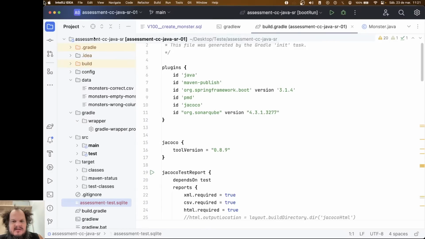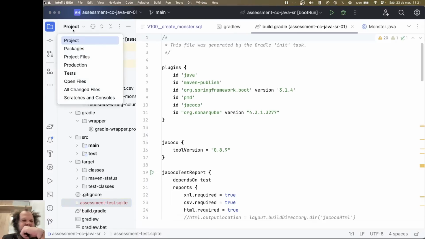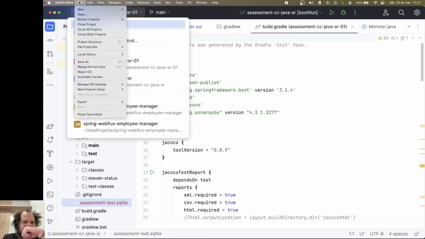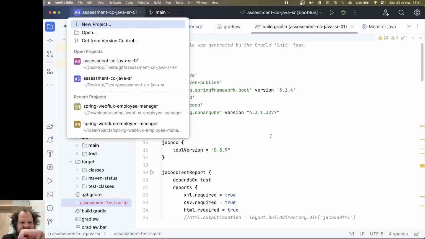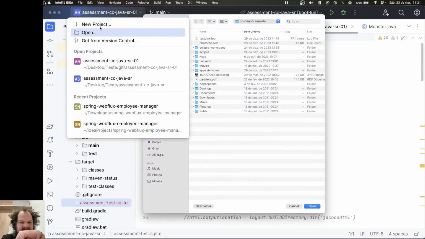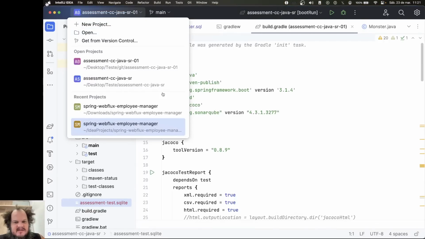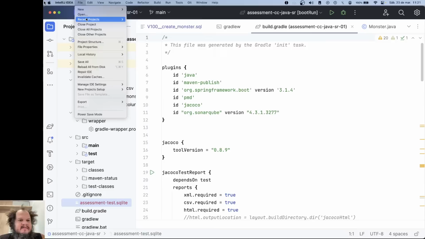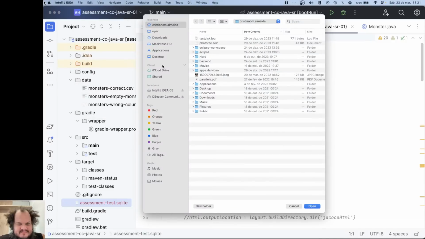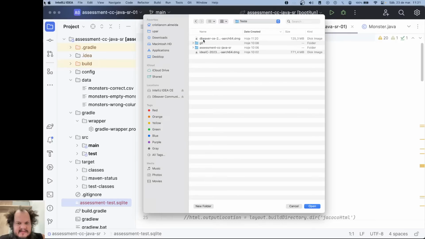Oh, something here that could save me some time. I'll try to open the other version of it. Okay, so desktop,